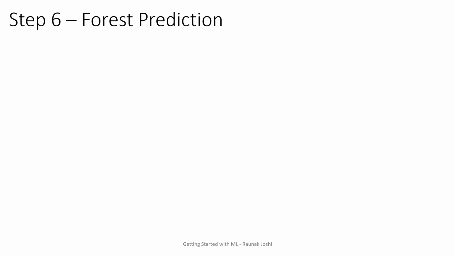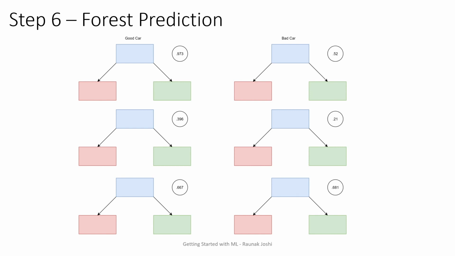Now let us assume I have one data point that I want to predict, and the way I do it, I will in the end have a forest. So let's say this forest is considered for n estimators, where on the left the forest that you can see is for good cars, which is true values, and on the right it is for bad cars, and each and every single time I will have a different significance value with each and every tree.